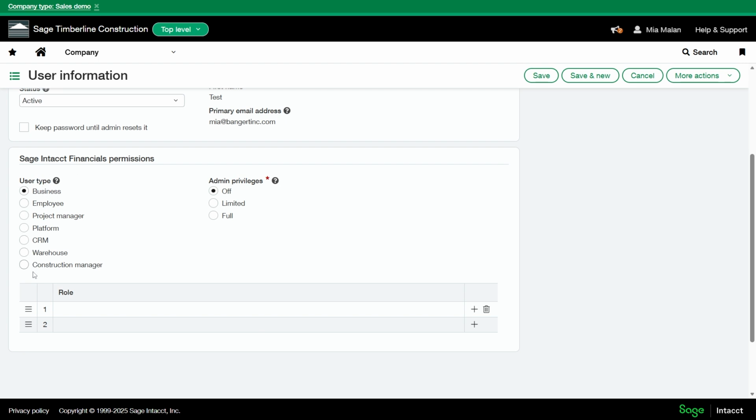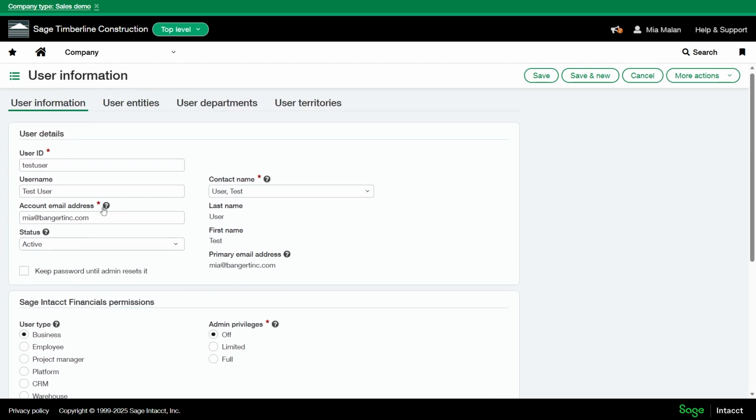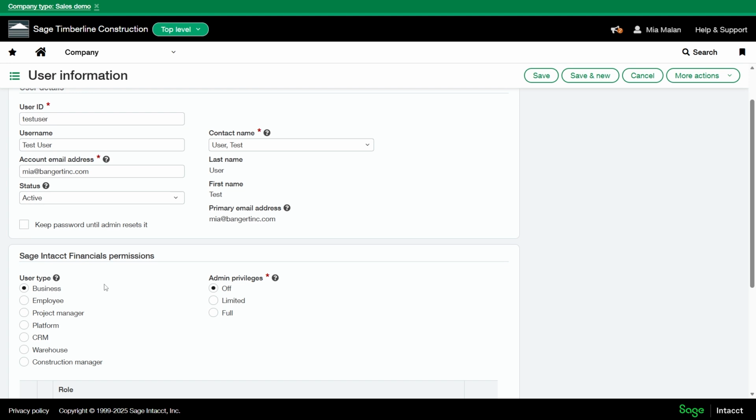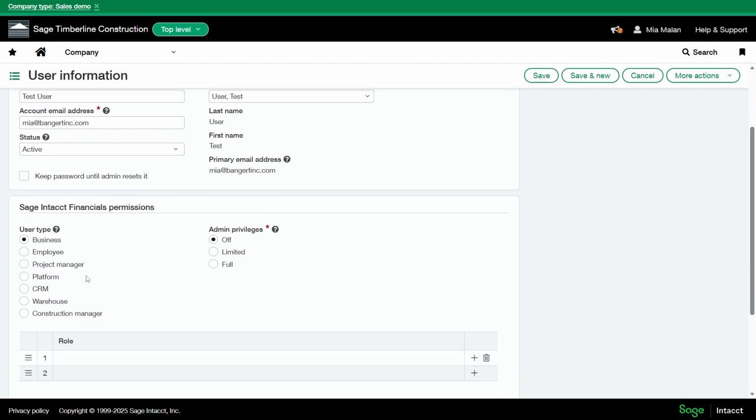Here are the user types that you can select. If you'd like to add a user, you can reach out to us through a help desk ticket. We do have a smart rule in place, so you cannot add or update your users without reaching out to us. And this is a control we have in the system to ensure that you don't go over your license count. So we'll confirm that you have the user that you're looking for, and if not, we'll give you information on that, and you can decide whether or not you'd like to add that user.